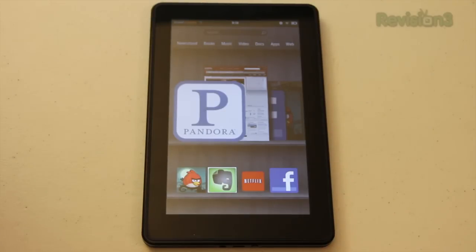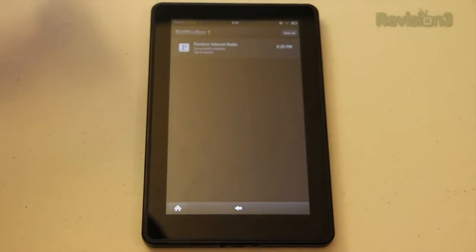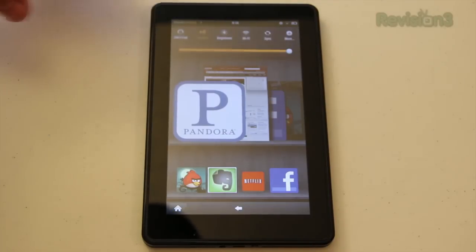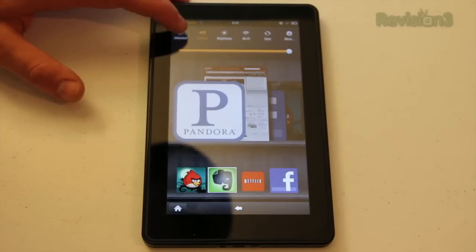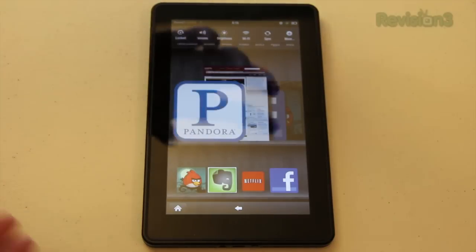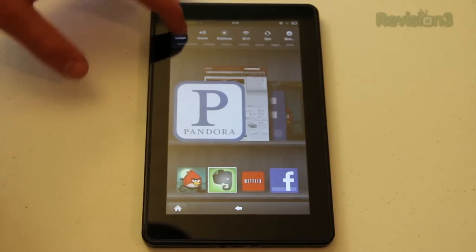Now here at the top we have the notification bar where you can actually tap right here and it shows the notifications, similar to Android, obviously, because it is running Android. Let's tap home. You also got the time up here and then the settings along with the power and Wi-Fi signals over there. So if you tap this, you can actually lock it because this does have an accelerometer. So if you lock it, it's just like on the iPad where if you turned it, it won't turn if you lock it. So that way if you're laying in bed or something like that, you don't want your screen